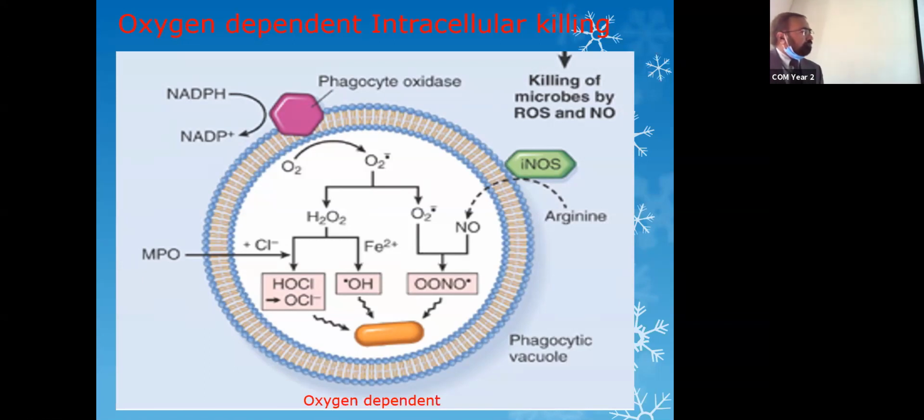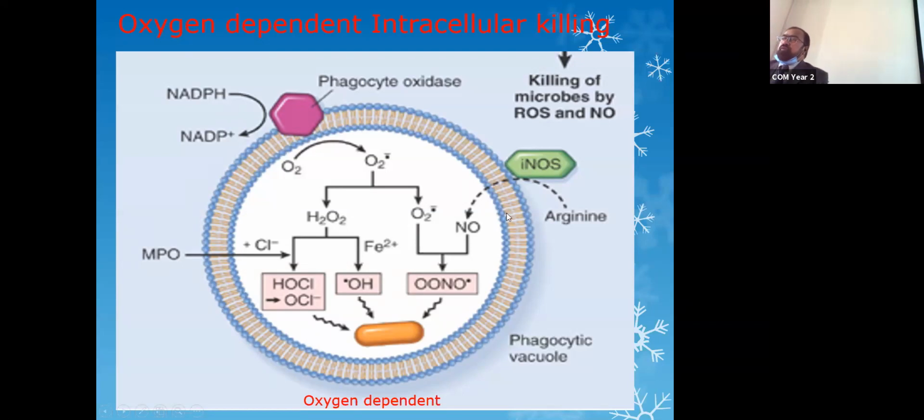Actually, nitric oxide is not present in that circle, right? So you have to have nitric oxide from outside. So you get this nitric oxide from this arginine. This arginine, with the help of nitric oxide synthase enzyme, pushes this nitric oxide inside here. We already have superoxide present inside this circle. So this superoxide gets attached with this nitric oxide, and they form peroxynitrite, which is a strong killer. On the other hand, if you, for example, don't have this phagocyte oxidase enzyme, you will not have superoxide,